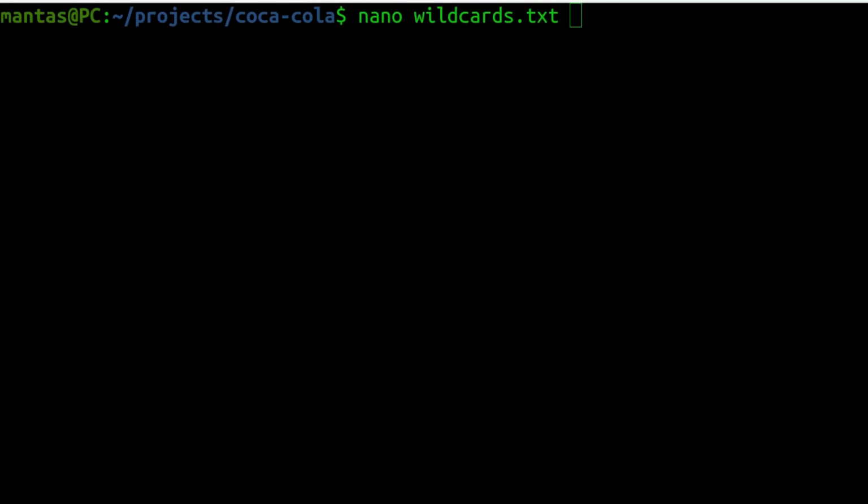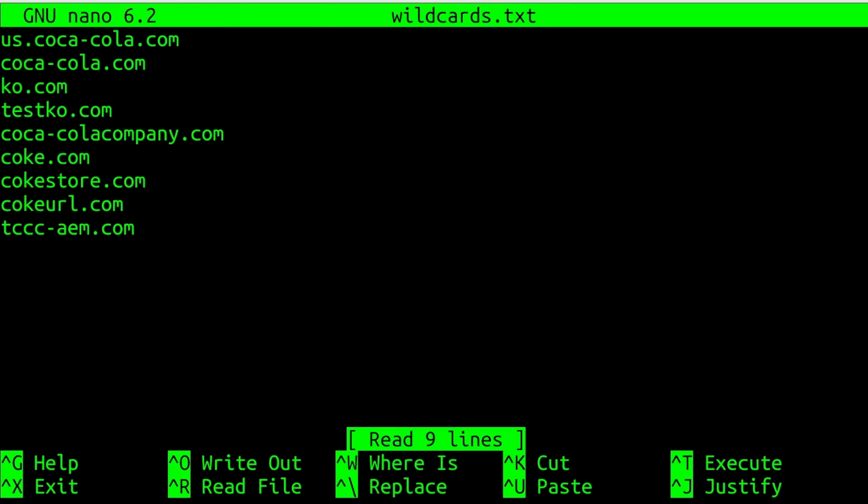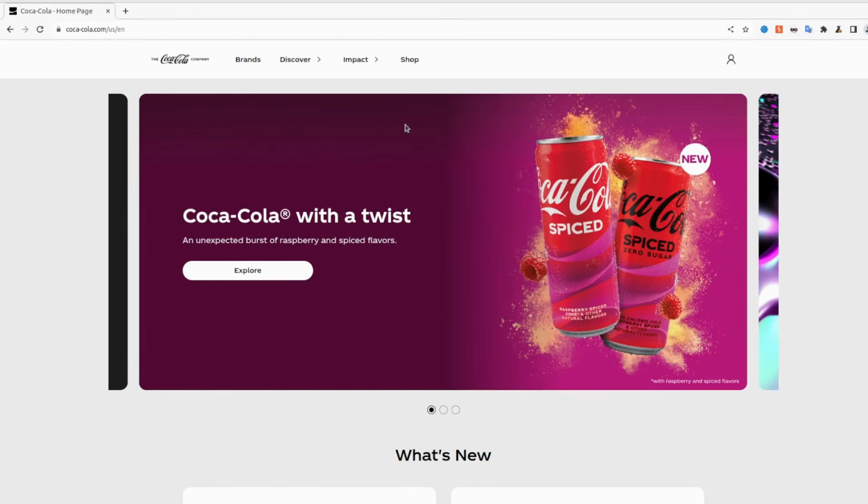If you have already seen some of my videos, you know that I show most of my examples on the Coca-Cola company. So there is a list of root domains in the wildcards.txt file. The first thing that I'm going to show you is just doing simple recon, just going to the main website called coca-cola.com. As you can see, there are multiple locations where you can check, but if you remember the